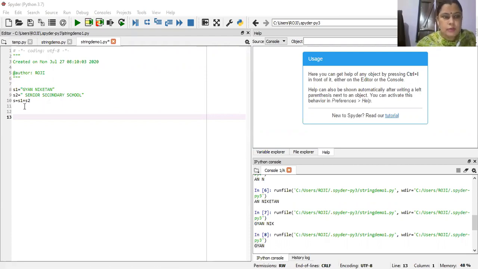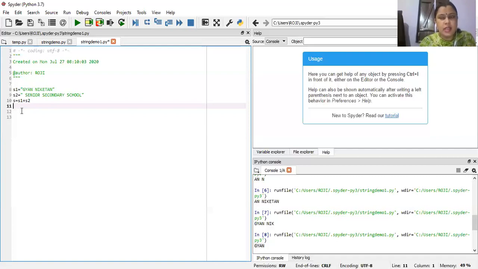Means these two string values will be concatenated. So when we apply the plus operation along with string values, the values will not be added, they will be concatenated. Means when the plus operator is applied with string data, it is known as the concatenation operation.